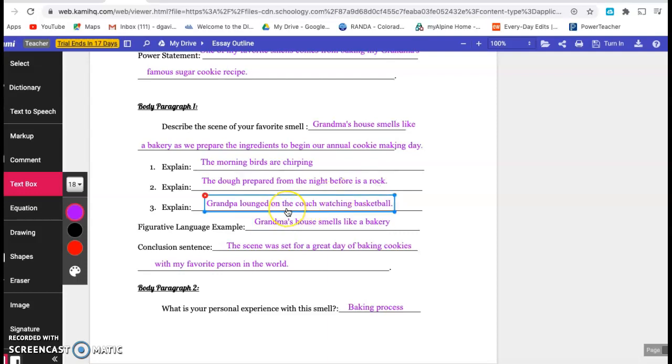And my third one, Grandpa lounged on the couch watching basketball. Does not have anything to do with making cookies or the smell of cookies, but once again, in this first paragraph, I'm just describing the scene. I want to paint a very vivid, good quality picture in my reader's mind. Okay, on each one of these body paragraphs,